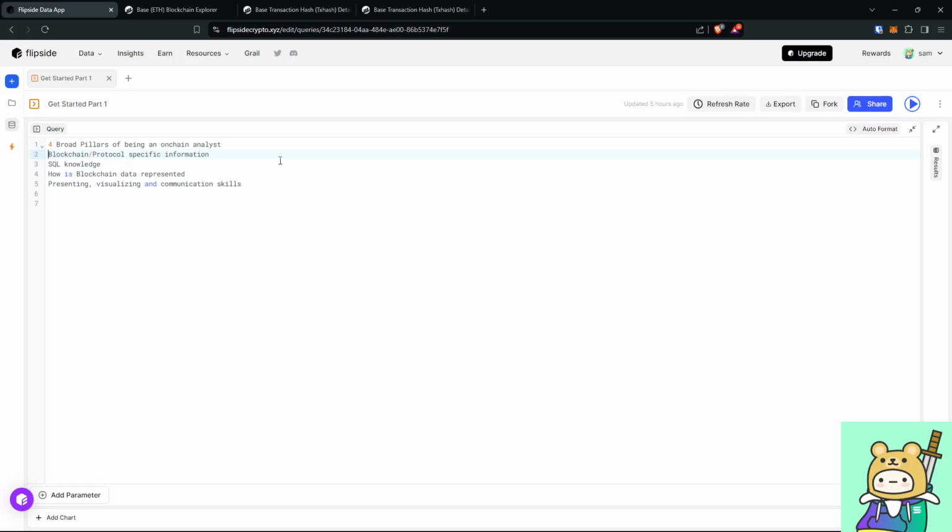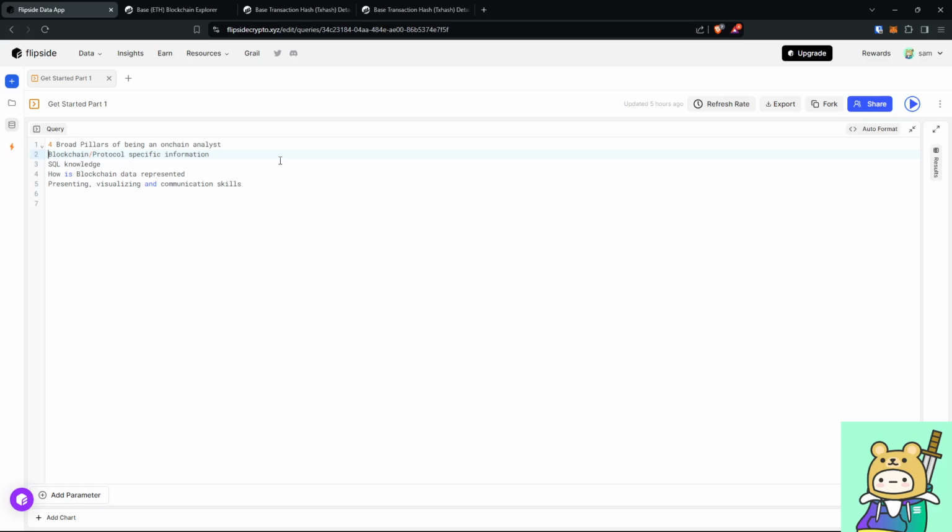Having this type of information can greatly help you to know what sort of analysis you can do. So imagine if you're very experienced with all these protocols, by default you already know what sort of analysis you can do, and that just makes things much easier.